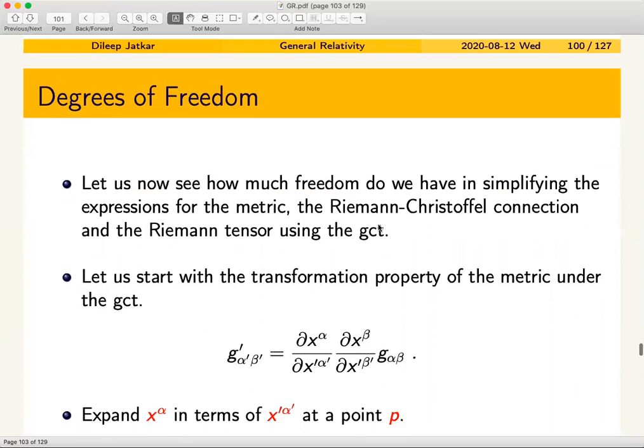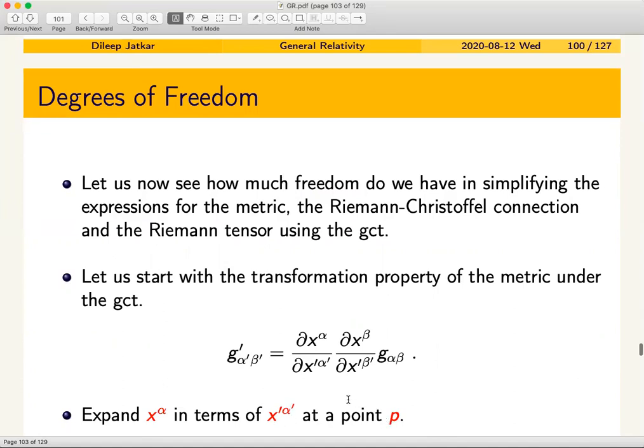So what we'll do is we'll start with the tensorial transformation property of the metric. In the primed coordinate system, G prime alpha prime beta prime would be related to G alpha beta through this coordinate transformation, and therefore this tensorial transformation property involving dx alpha by dx prime alpha prime, dx beta by dx prime beta prime times G alpha beta. Okay, fine. So what we can do is we will expand x alpha in terms of x prime alpha prime